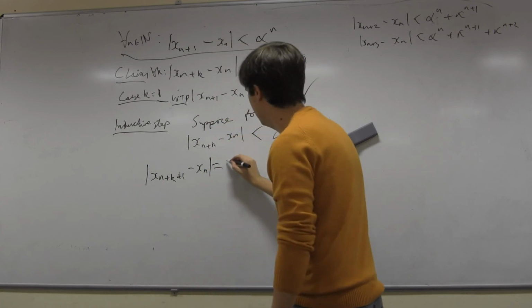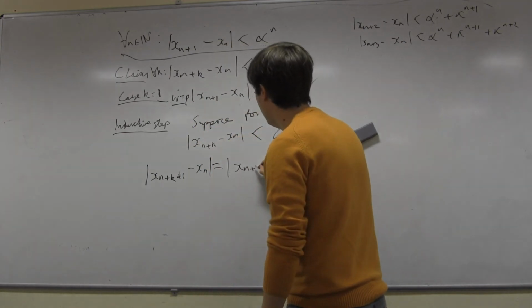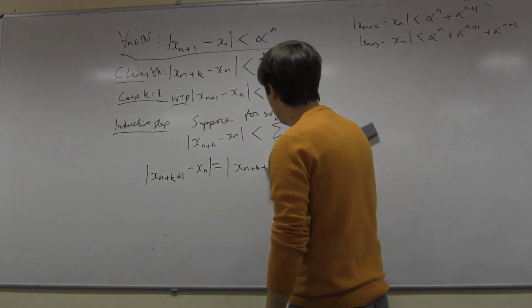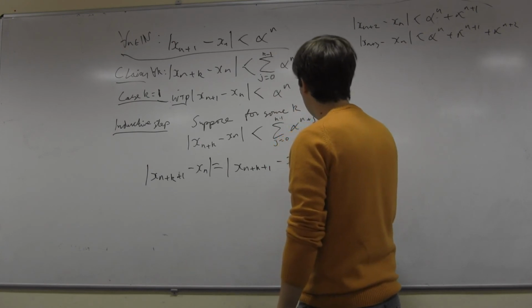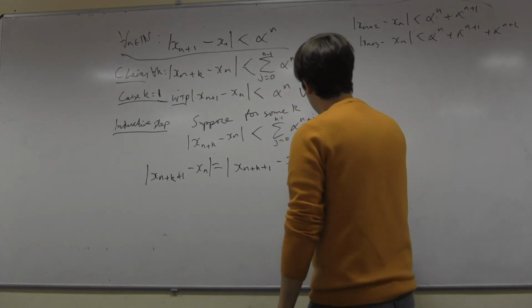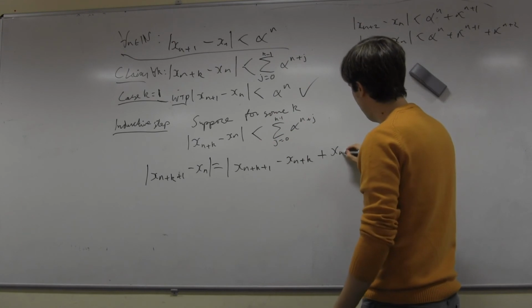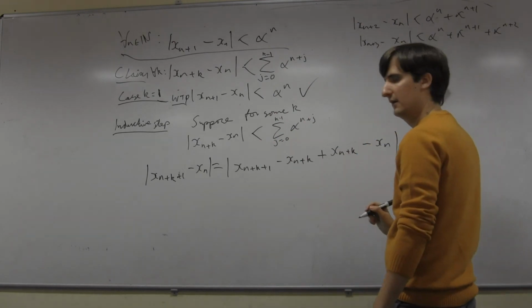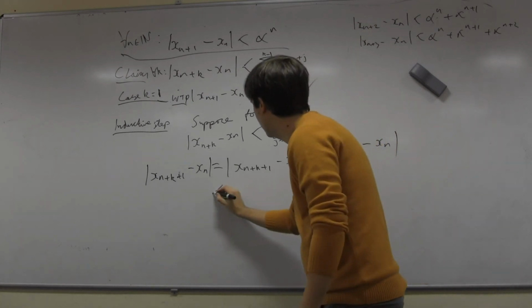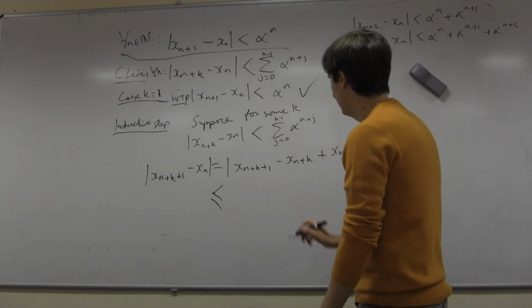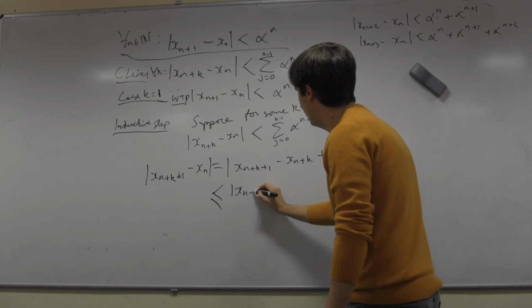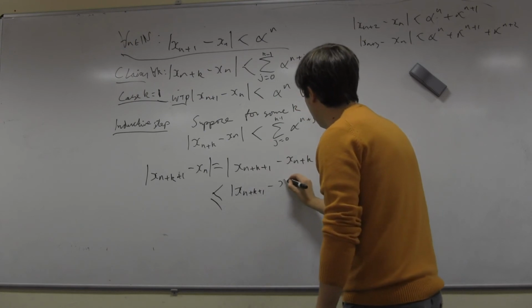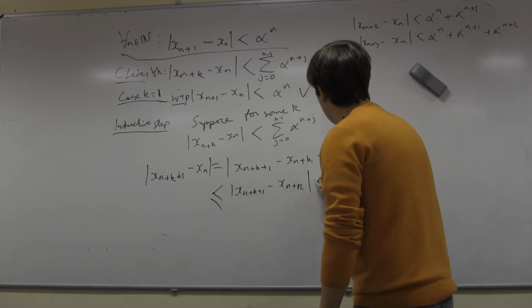Well, that's just, as we saw before, x_{n+k+1} minus x_{n+k} plus x_{n+k} minus x_n. By the triangle inequality, this is less than x_{n+k+1} minus x_{n+k} plus